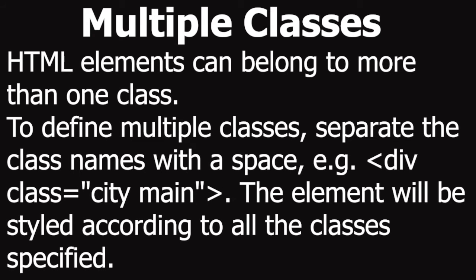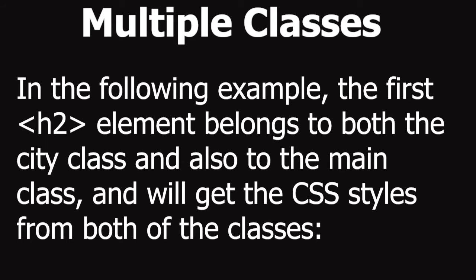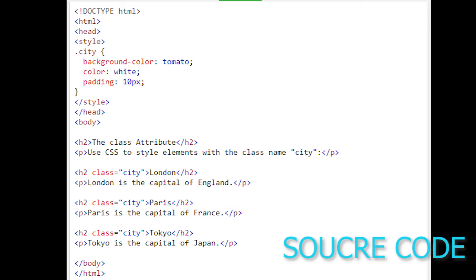Multiple classes. HTML elements can belong to more than one class. To define multiple classes, separate the class names with a space, for example div class equals "city main". The element will be styled according to all the classes specified. In the following example, the first h2 element belongs to both the city class and also to the main class, and will get the CSS styles from both of the classes. For example, <h2 class="city main">London</h2>